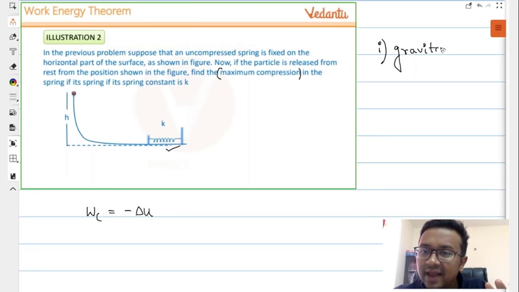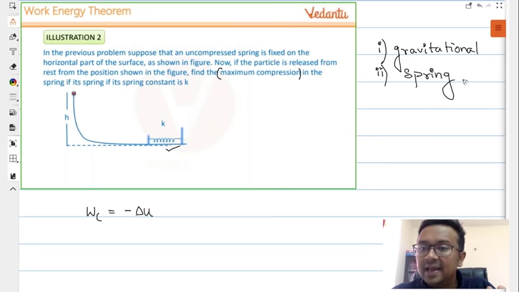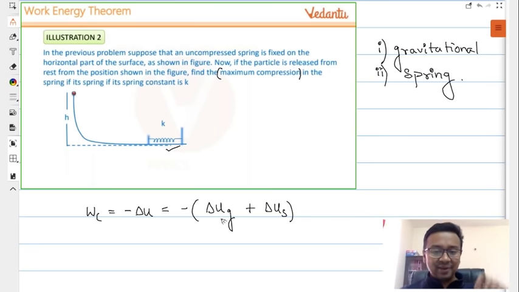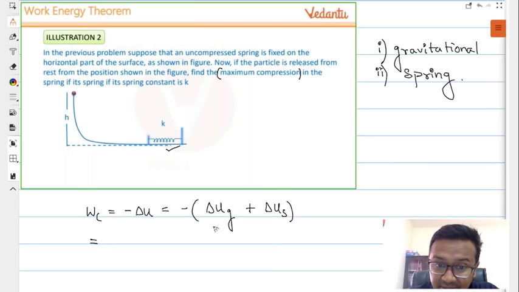We have gravitational forces, and students, besides that, we have got spring force. So potential energy is defined for both of them. So here when I calculate this, it is minus delta U gravitational plus delta U spring, my dear students. So what can I write this as? This can be written as,